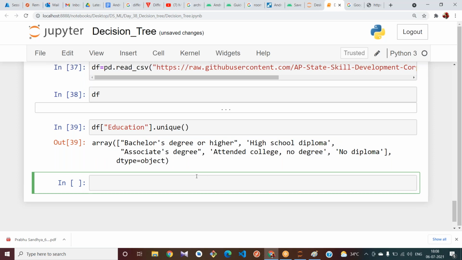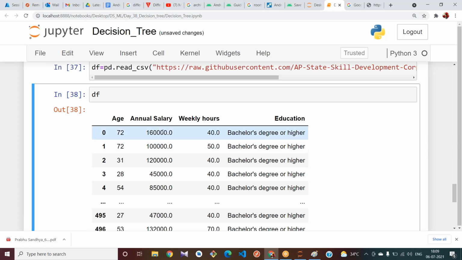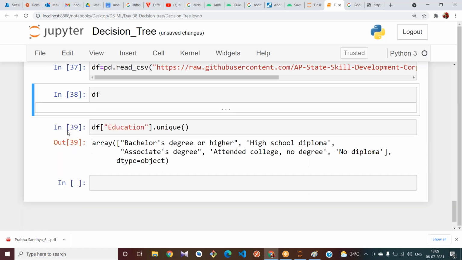We should not take discrete values for the regressor. A salary can be taken as your output column when we observe this data set. Depending upon the age and the weekly hours, we can predict the salary.